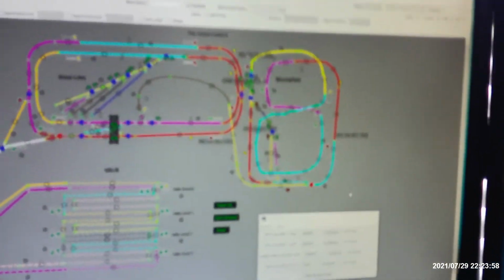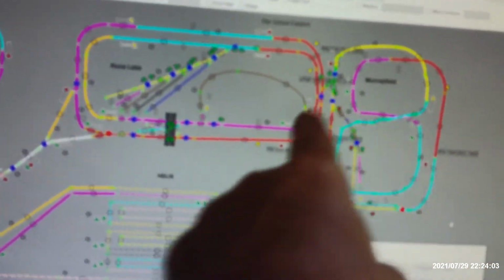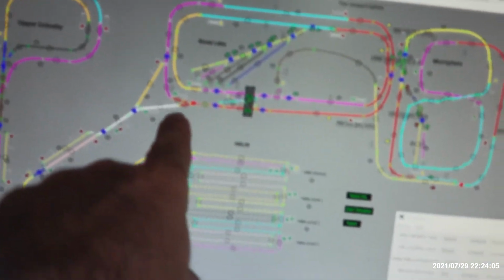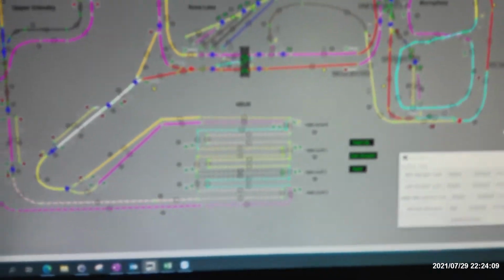And as you see, it made it to the next block already, because it was up here and it's now in here, and you can see the white ones are going down into the helix. So it's going to make its way through the helix,